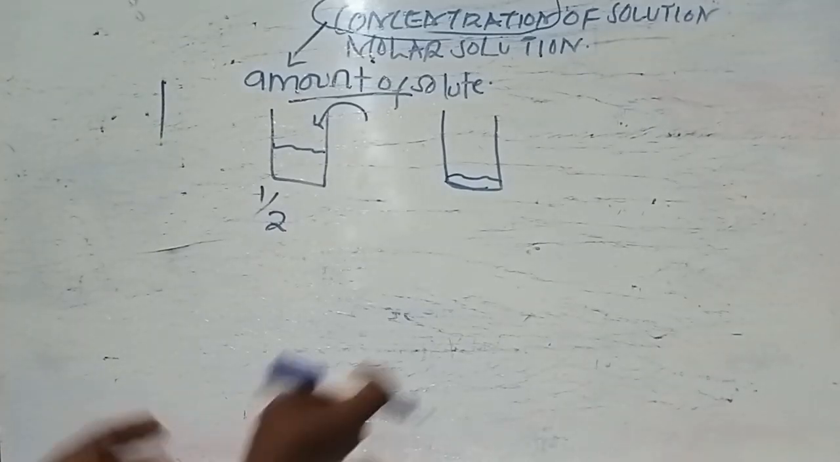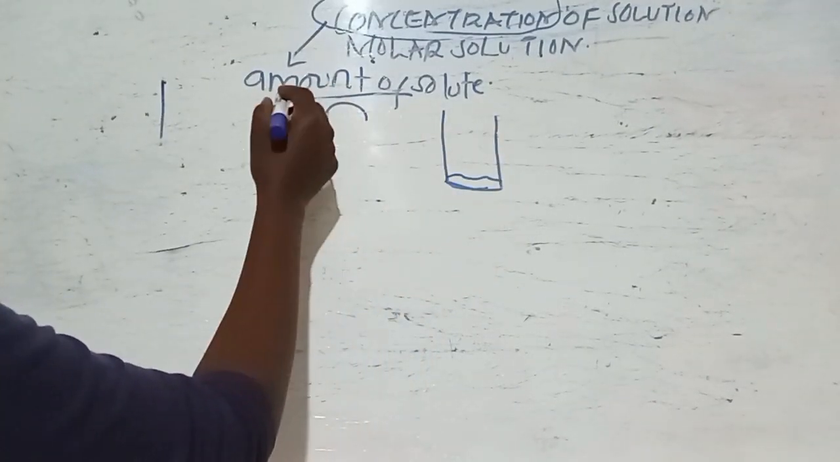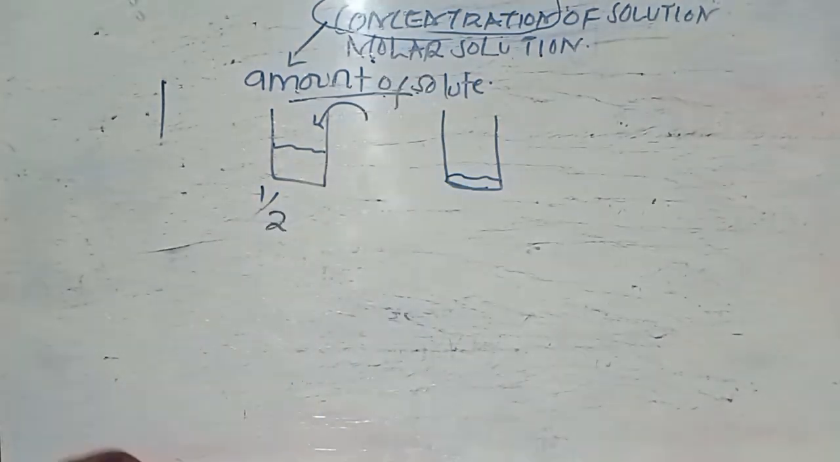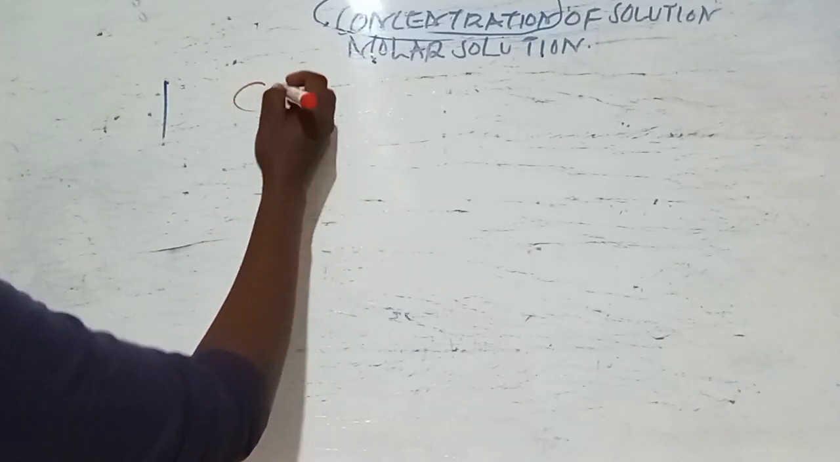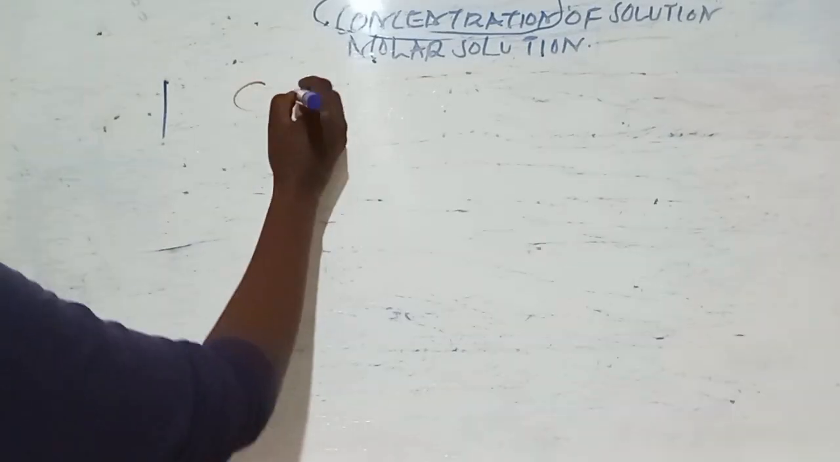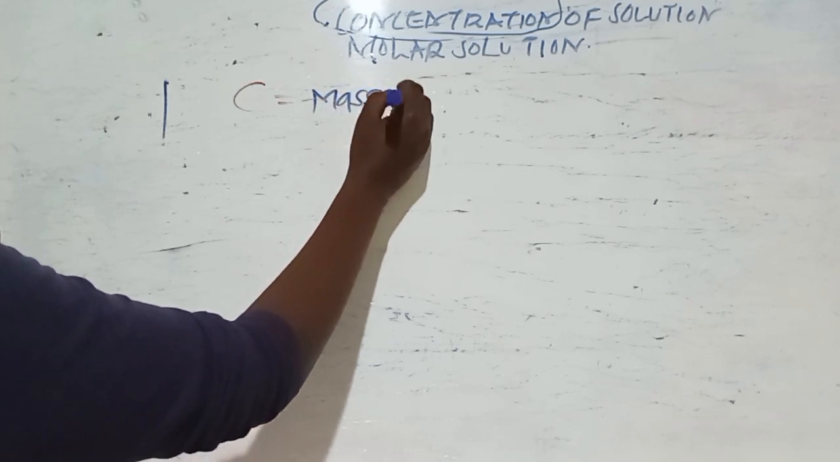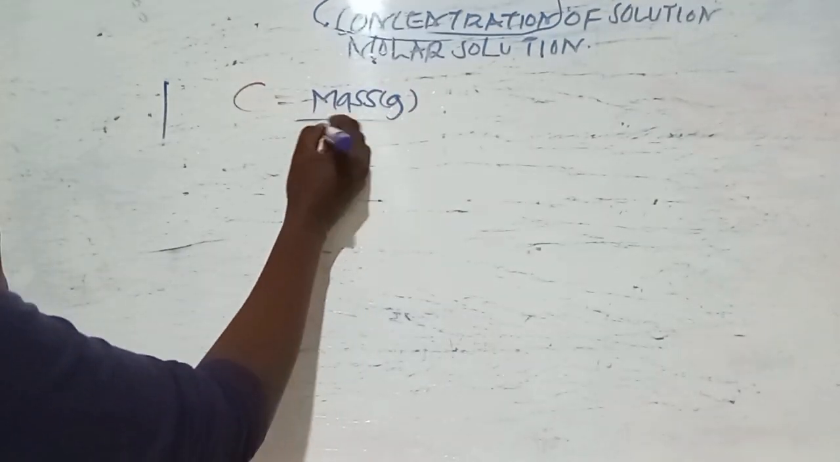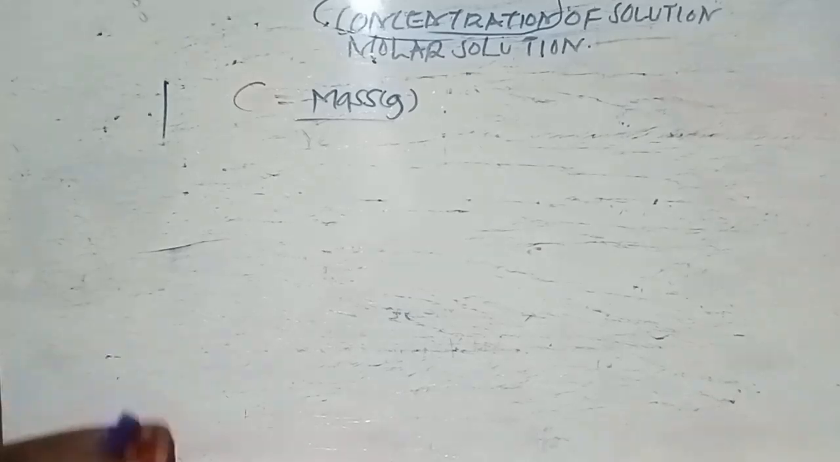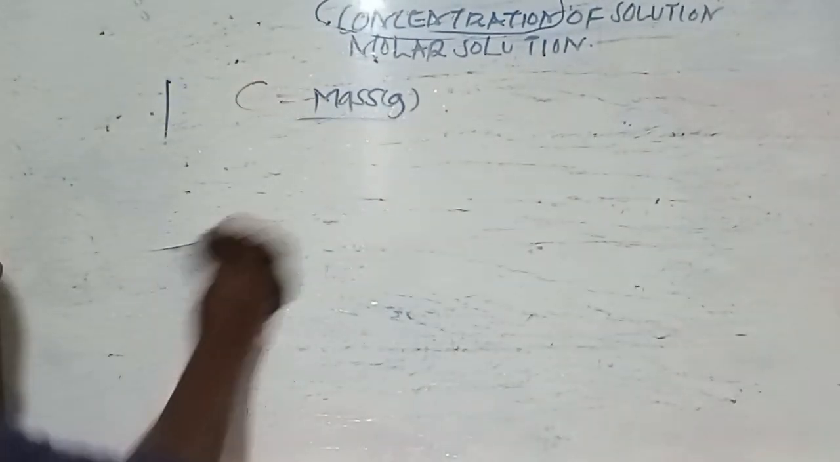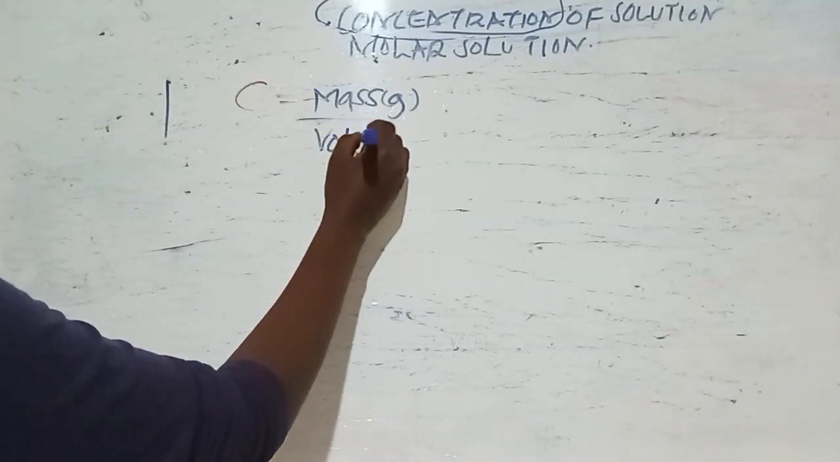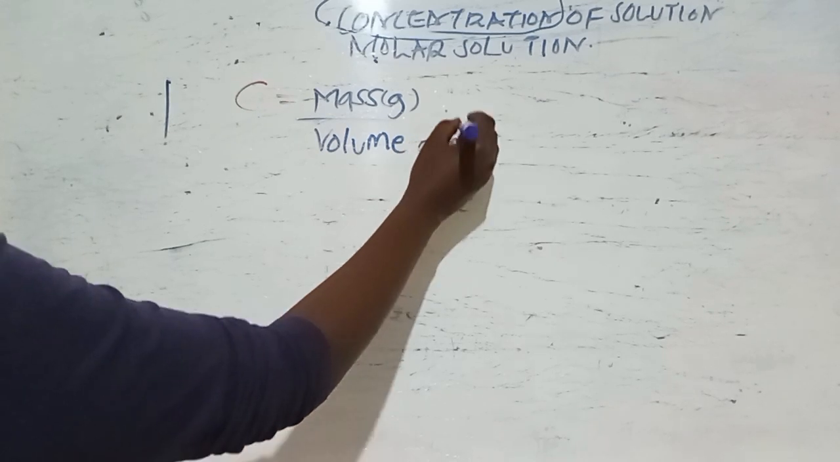When you're talking about concentration of a solution, we are looking at the difference in the amount of solute in different solutions. Okay, so how do we calculate concentration? We say concentration is given from mass in grams. You take the mass, you divide by the volume, which is in